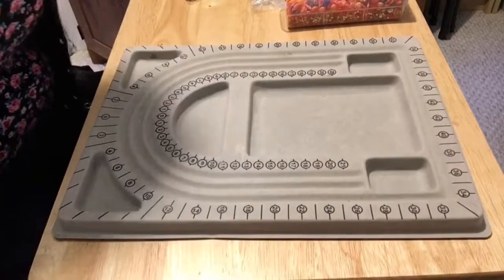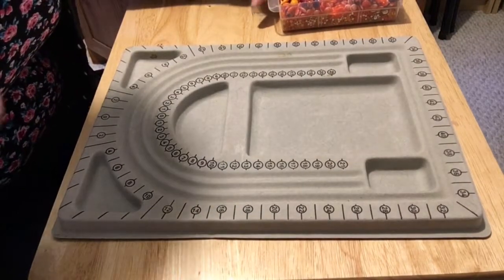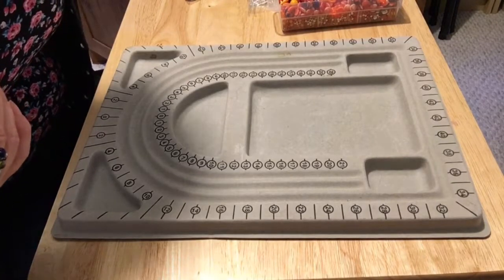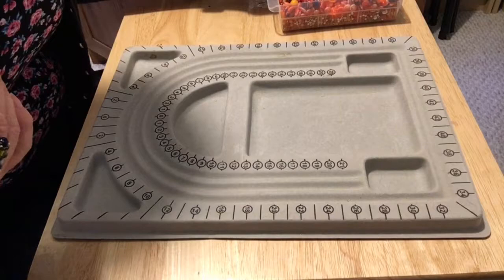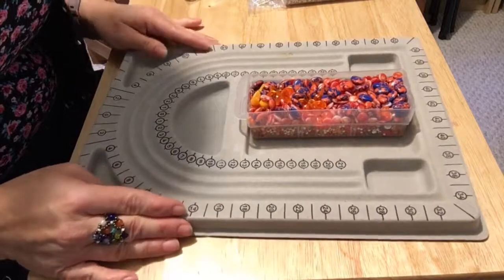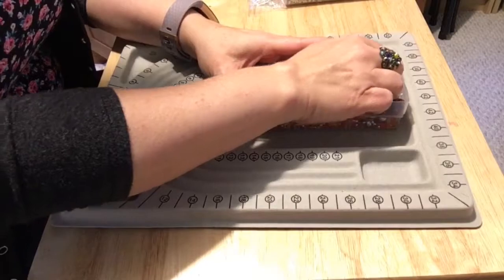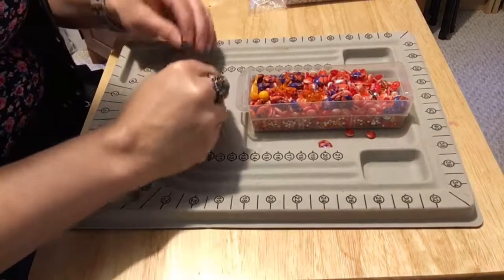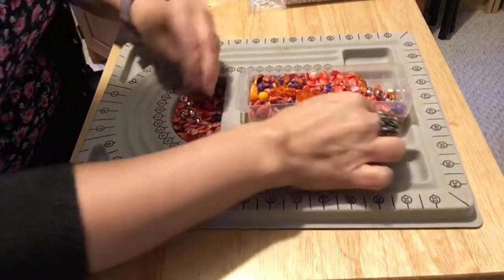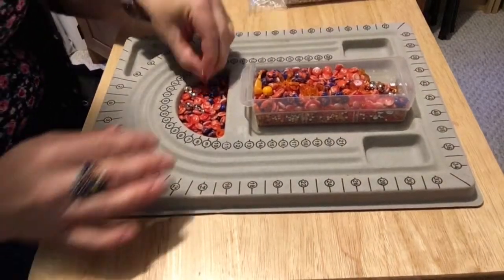Okay, so today we are going to be making an orange earring, bracelet and necklace set. So as I've told you before, I quite often will take all of the same color beads and just dump them in one container. So what I'm going to do is take a handful of those, and then I'm just going to arrange them on my beading chart here and see what I can come up